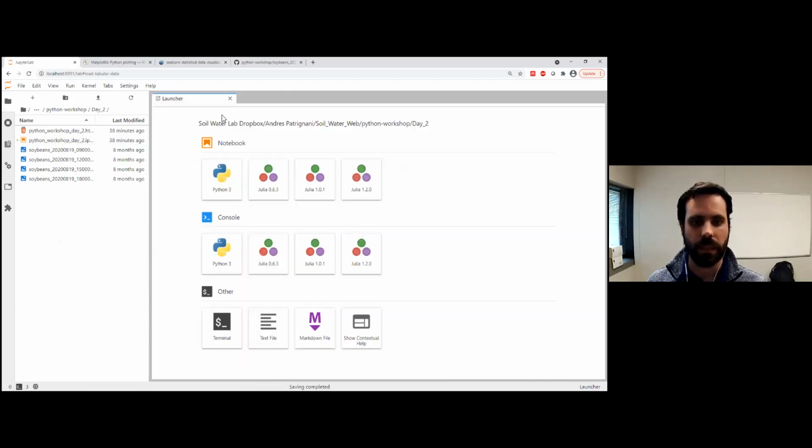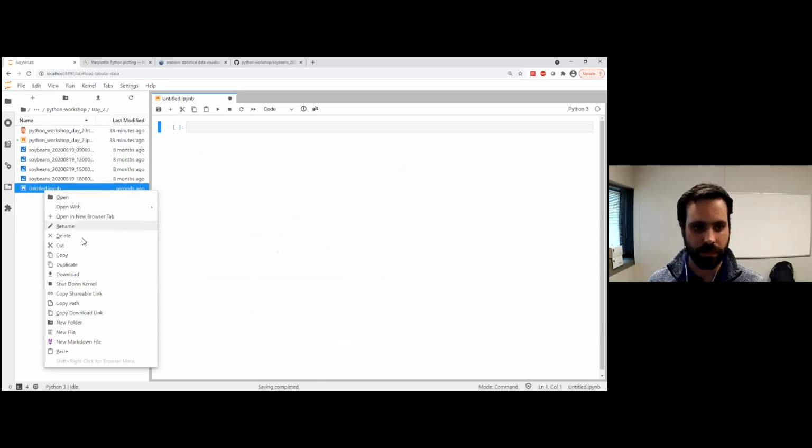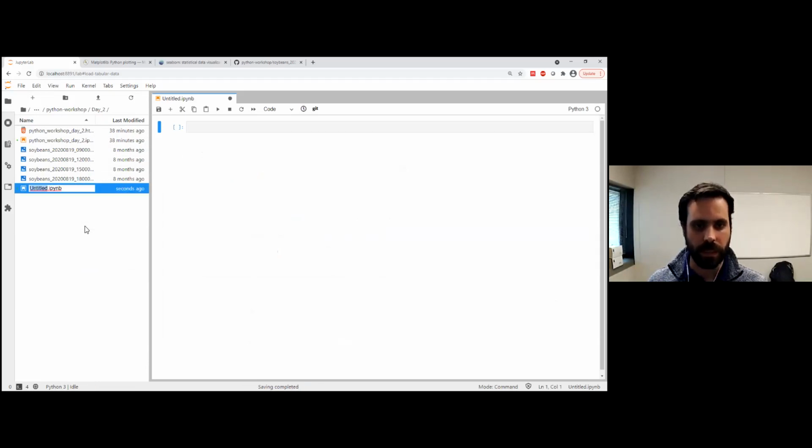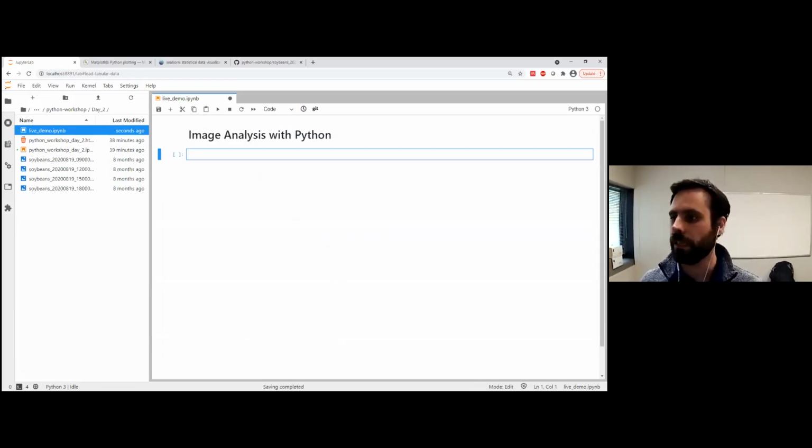Close that. And I'm going to create another live demo here. So rename. Okay, so we're going to do image analysis with Python. We're going to convert this into a Markdown. And we are going to be using